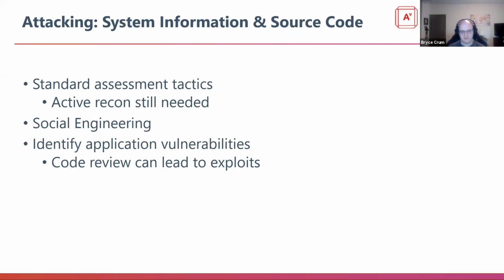Attacking standard information or system information and source code. At this point, it's around the standard tactics, right? Taking that information, enumerating it, bringing it back, determining if there are vulnerabilities for those versions, understanding why those versions are employed, and whether they have any default credentials or the standard pitfalls that people fall into. I always suggest performing active recon before you move into the attacking phase for system information, because you need to verify that it's up to date and hasn't been outdated, especially in a cloud environment where services could have been changed.